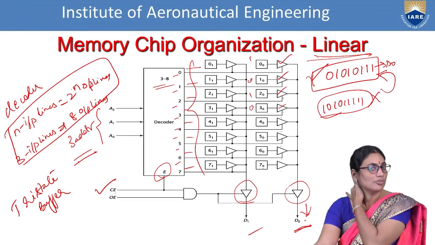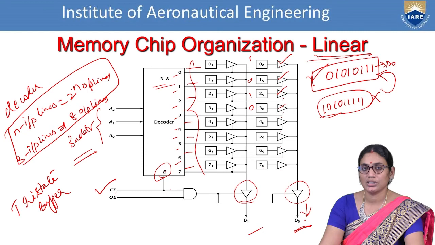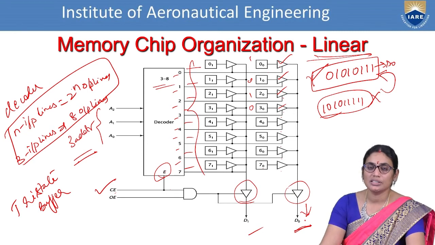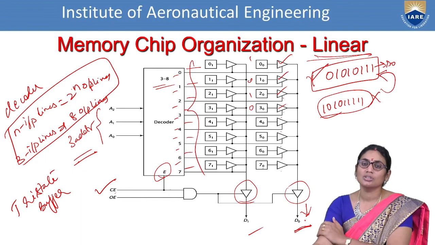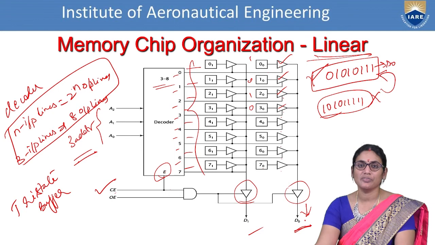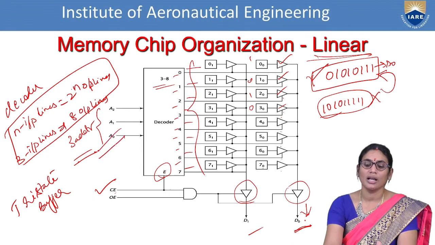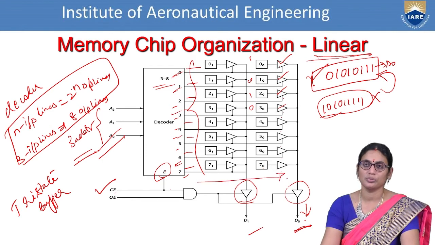So here is the example of a memory chip organization where you are considering the linear representation. Linear means we are just defining the circuit and simply saying whether the 8 bits are received or not. Here the data has been given with 3 address lines, and data is supposed to come from the 8 output lines. These 8 output lines are carried forward for the next communication.